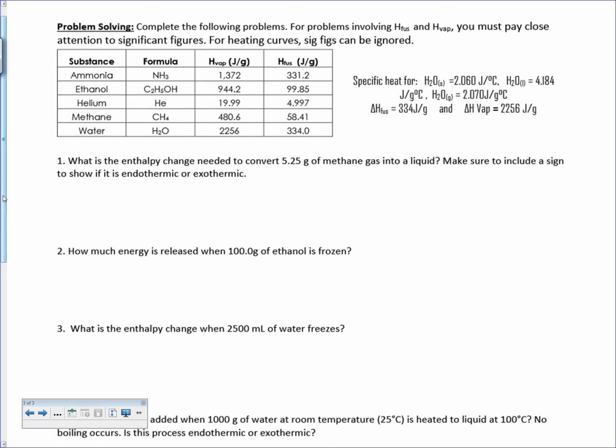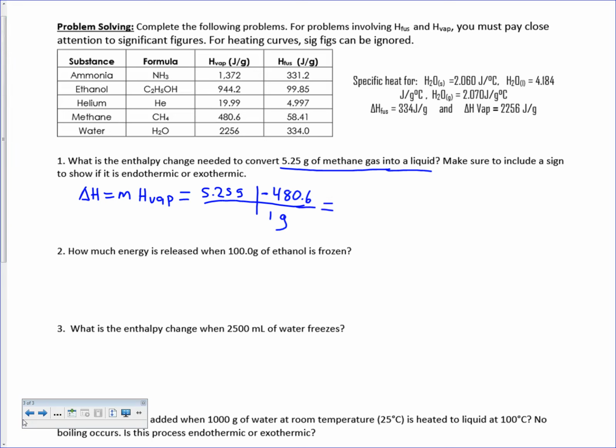This first one says we're converting 5.25 grams of methane gas into a liquid. So gas into a liquid, that's condensation, so we're using heat of vaporization. We set up delta H equals m times heat of vaporization. This is methane. We're starting with 5.25 grams. We know that for every 1 gram that we have here,